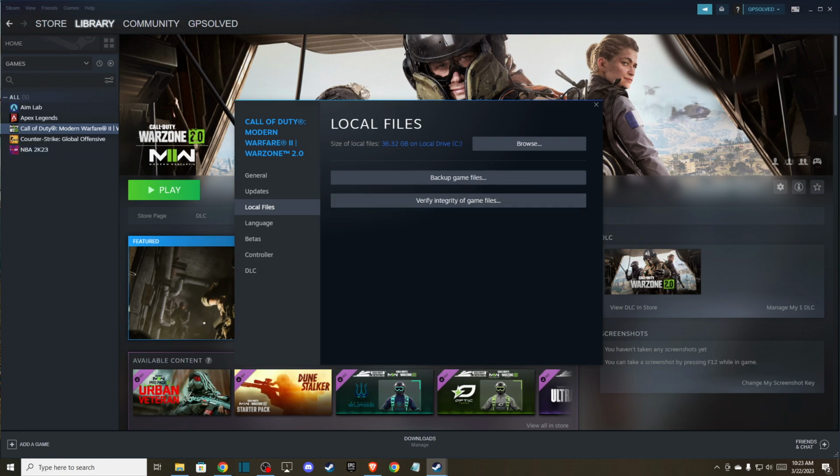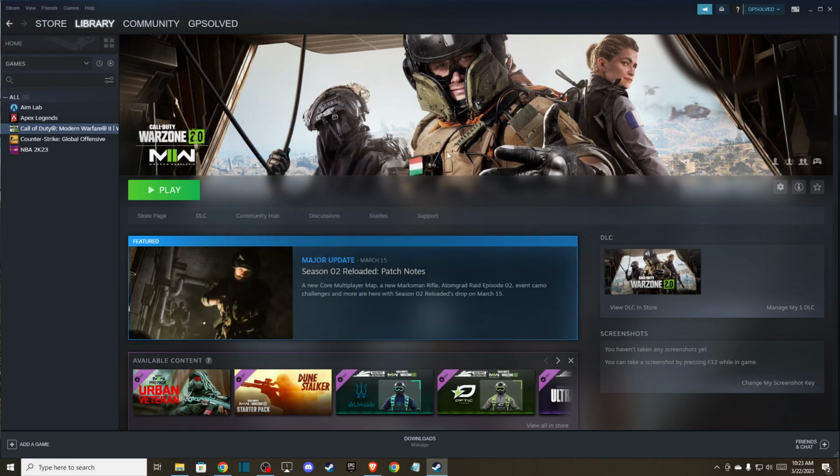And another thing that you can do here, if you're using VPN, you need to disable it for a bit and then try the game. And if you disable VPN and the problem persists, then the last thing that you can do here,